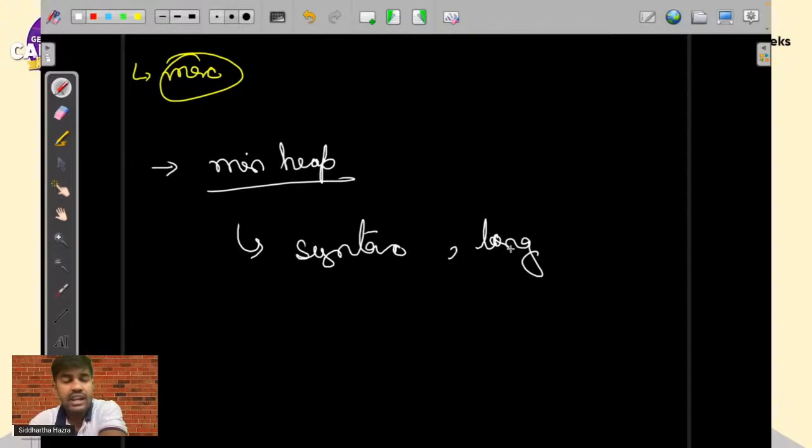There is a shortcut, but that is basically a trick. So how many of you have difficulty in initialization of a min heap in C++ STL? Okay, so we can say that our problem is now min heap